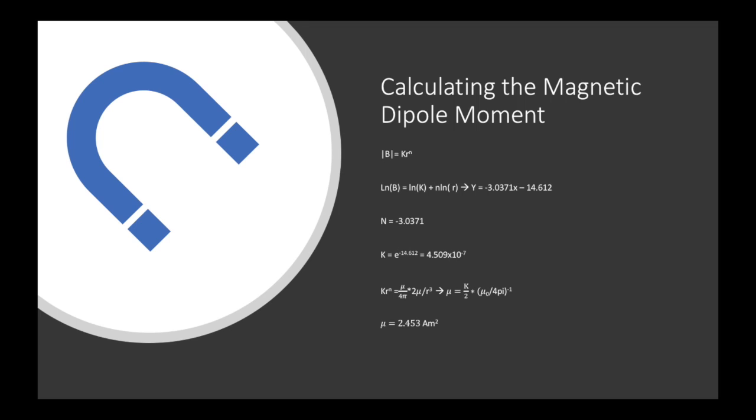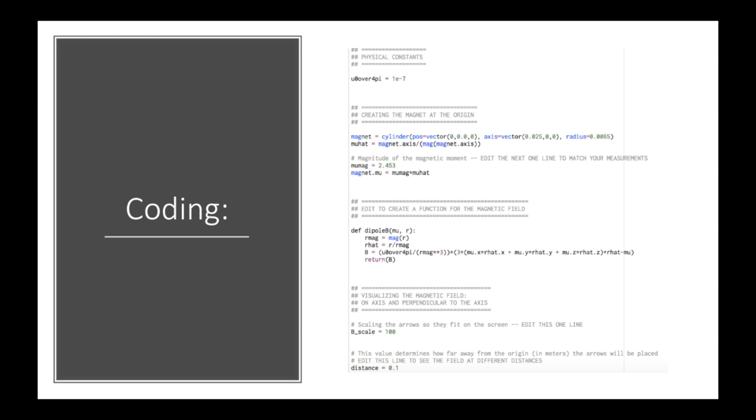Next, we need to solve for mu, which by rearranging the equation for k, B equals k times r to the n, equal to mu naught divided by 4 pi times 2 mu divided by r cubed, you can find that mu is equal to 2.453. The next step in this lab is to use coding aspects in order to be able to compare the